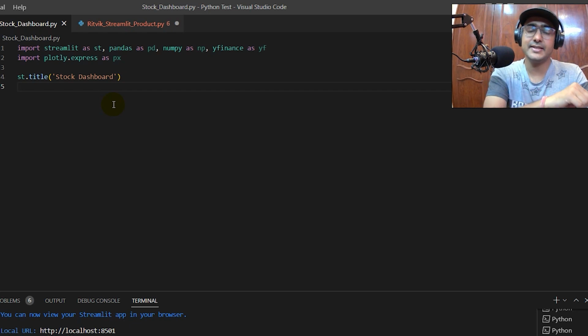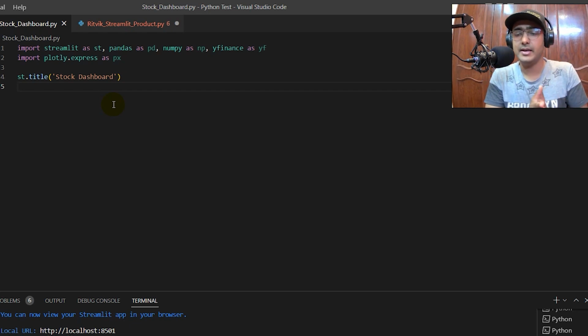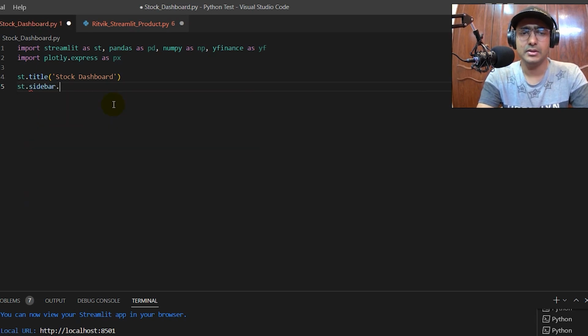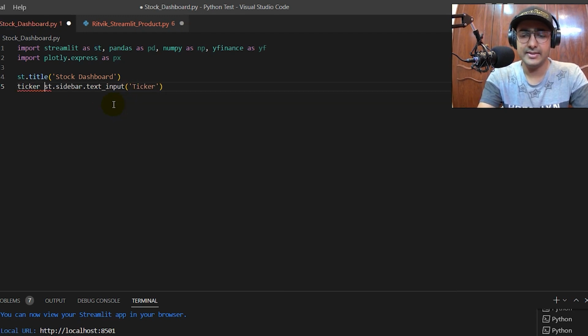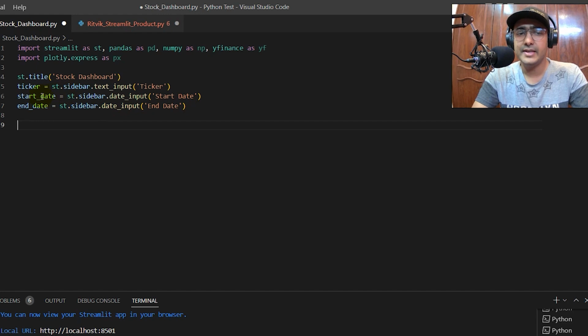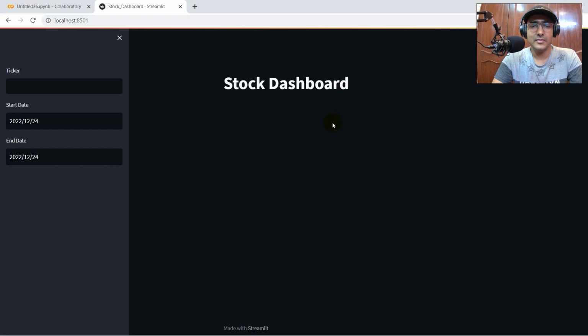Now on the left hand side, on the sidebar, I'll just provide a space where we can write the ticker of any particular company. So st.sidebar.text_input, ticker. Let's provide it as ticker, right? Similar to that, I have provided start date and end date as well on the sidebar, date input, start date and end date. If we save it and come back to here, we can see on the left hand side